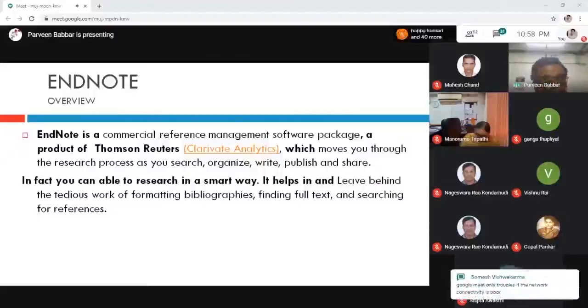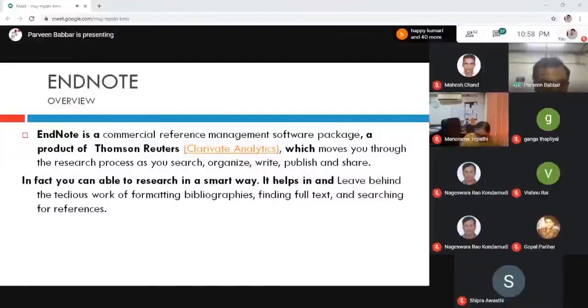In fact, you are able to research in a smart way. It helps you with tedious work when you are doing formatting, bibliography and finding the full text; everything you can get help with from this EndNote desktop.